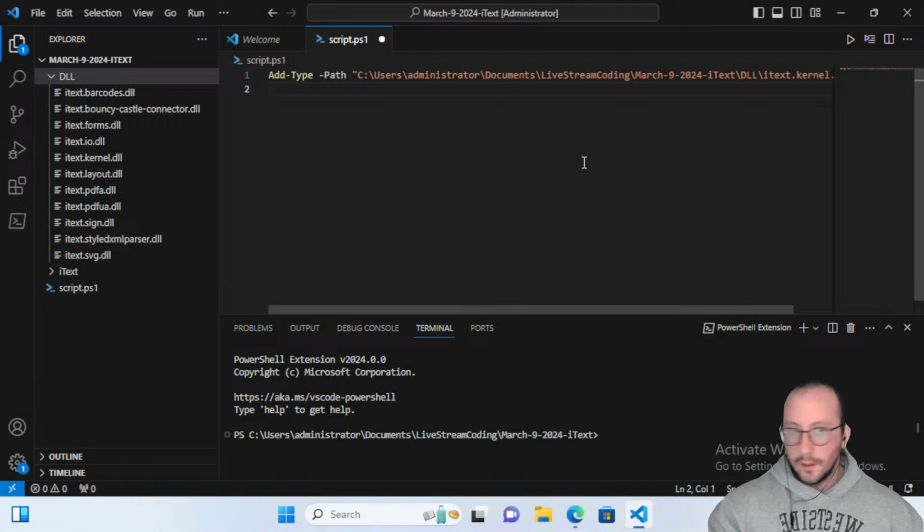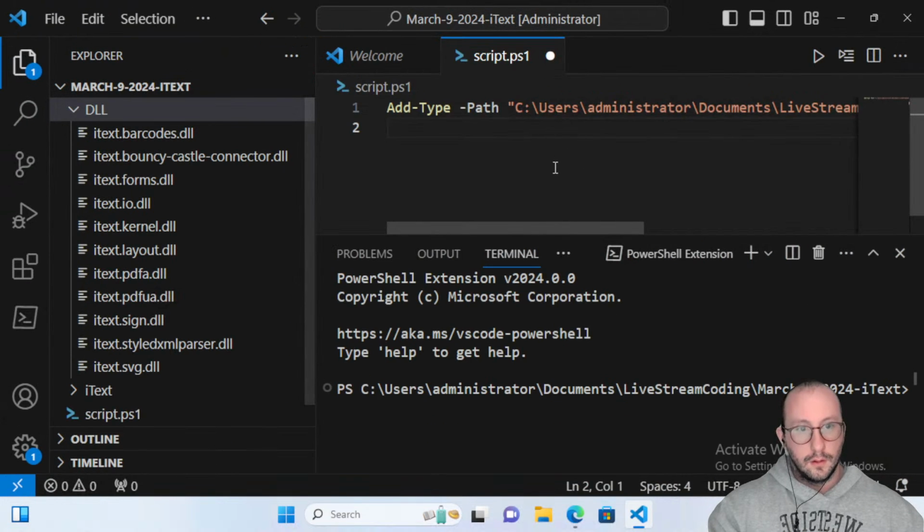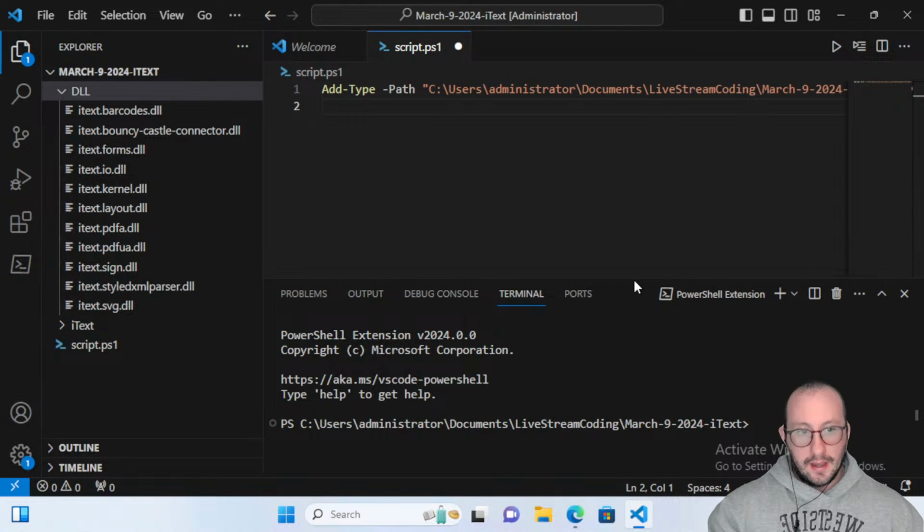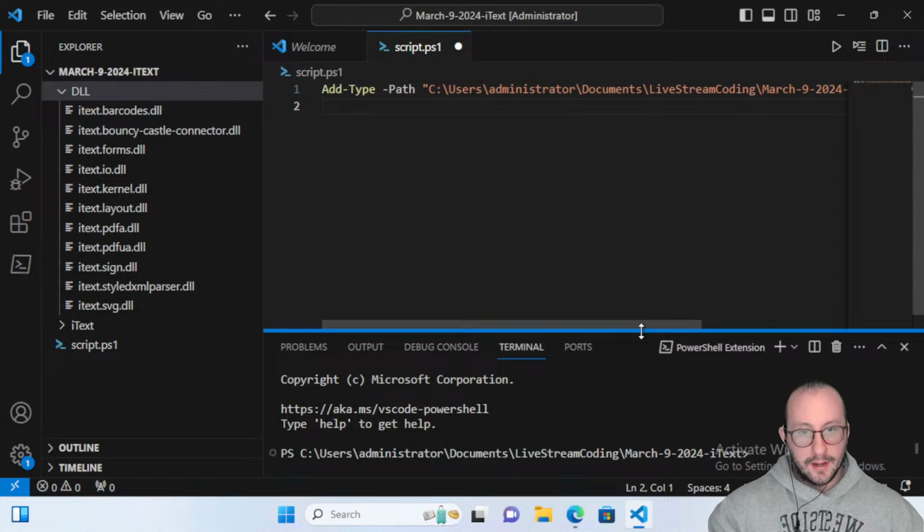And let me just, that's a little bit too much. I'm trying to just zoom in so you guys can see a little bit better here. Took me some months. Yeah, it's honestly the iText stuff